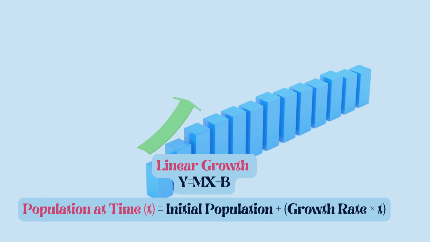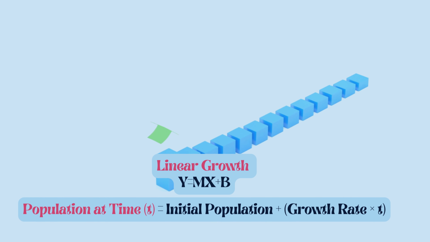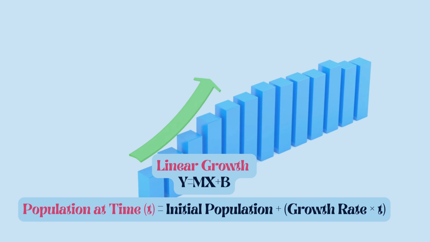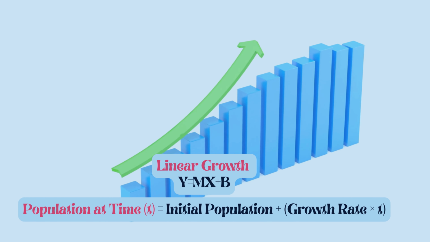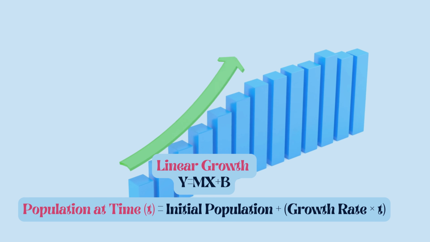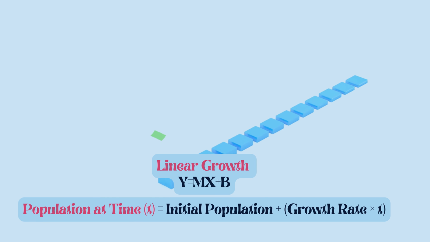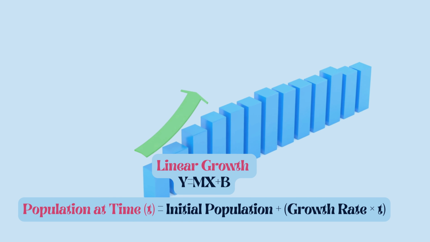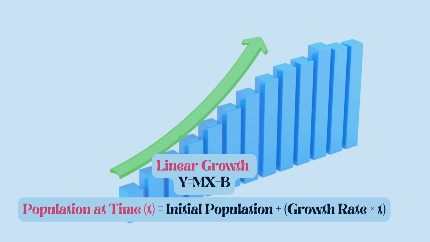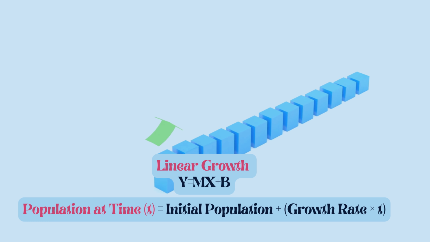Remember that math class where you learned about equations? Linear growth and population prediction can be tackled with a bit of math magic. Imagine a small, peaceful village with a steady population. Linear growth describes this scenario where the population increases at a constant rate over time. So here is the equation behind the magic. We can use a simple equation, like the one you might remember from school, to estimate future population in stable communities. The formula is: population at time t equals population now plus growth rate times time t.